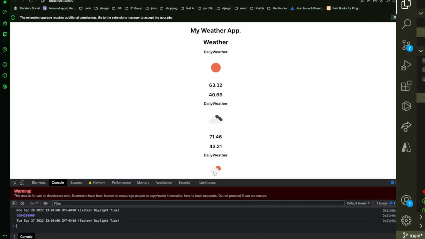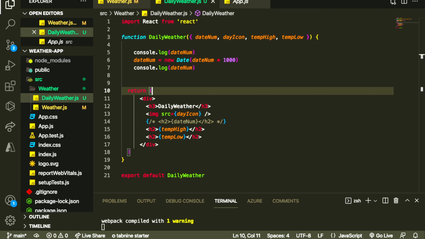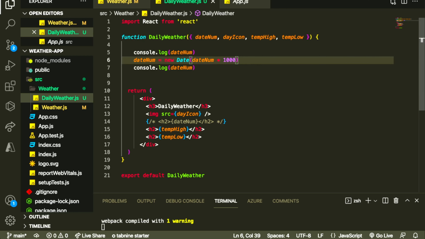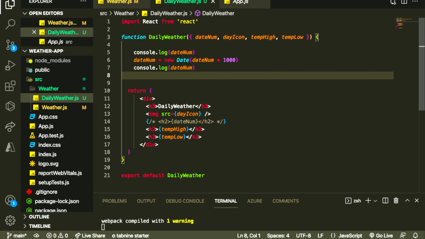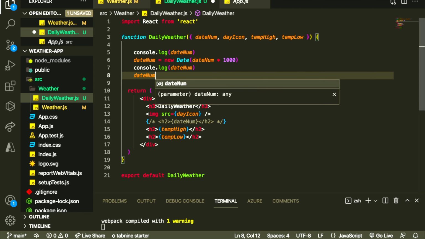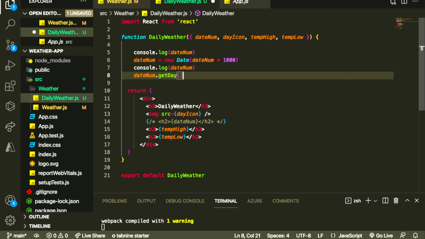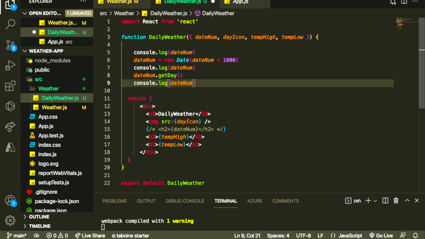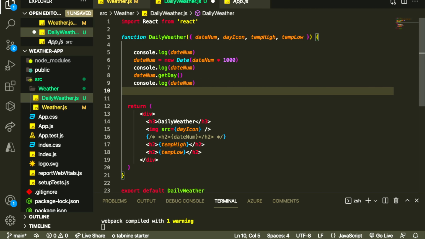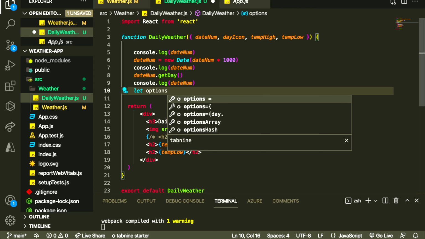So now if we go back to the code, we can see that we got this date super long, so now we need to shorten it up. So we want to get just the day out of it. So date num dot get day, just like that. And now we want to console log this again just to see it. And now we can set some options which we will use in the next date time format. So we can do let options equals an